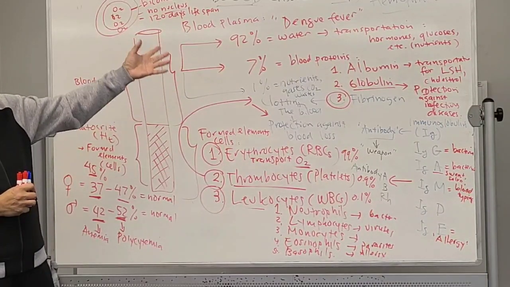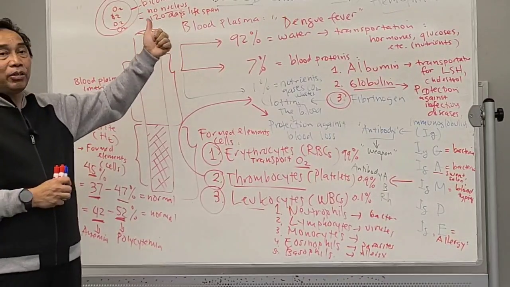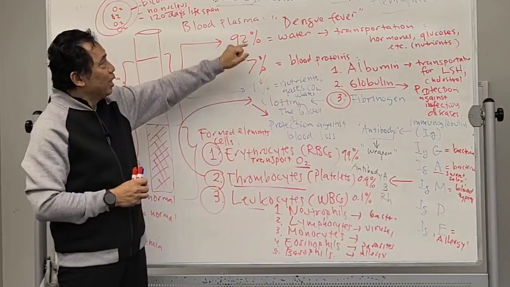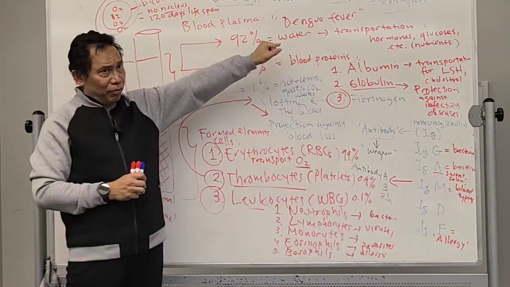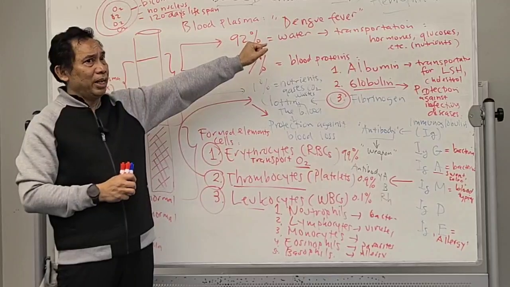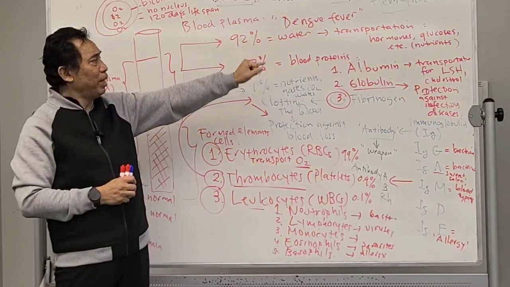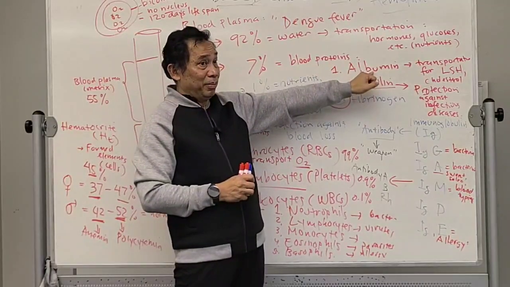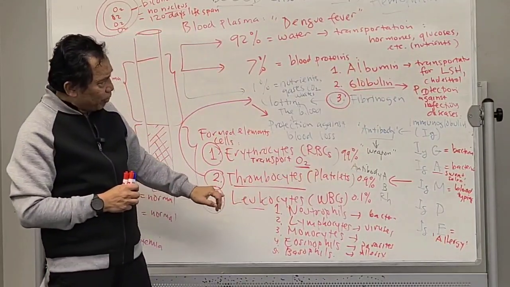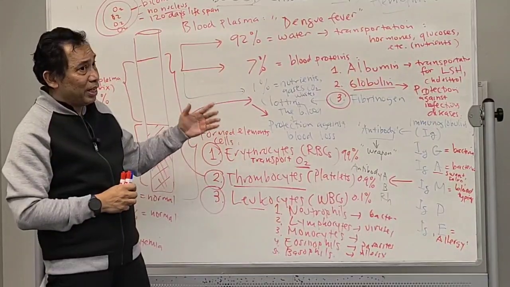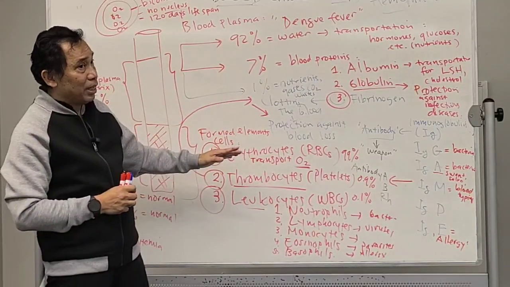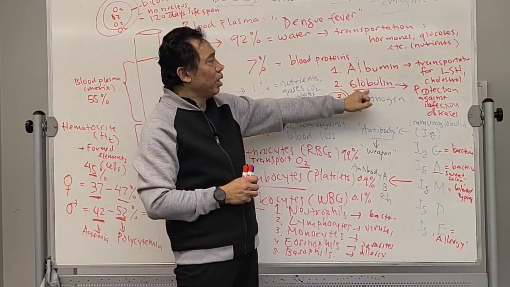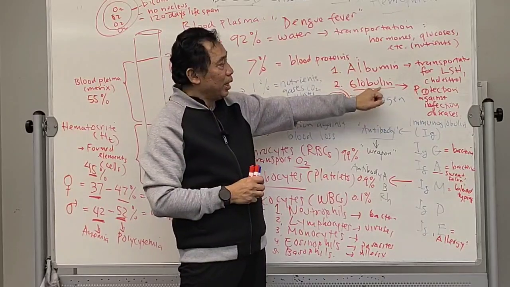Okay, and again, from this structure, you should be able to connect it to the function. Remember, there are three main functions of blood tissue. First is for what? For transportation, and we have learned over here. The water transports a lot of water-soluble proteins, glucoses, and many of them. The blood protein albumin is mostly for transportation.